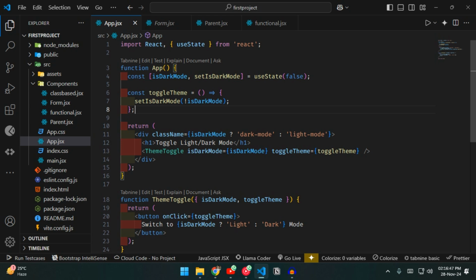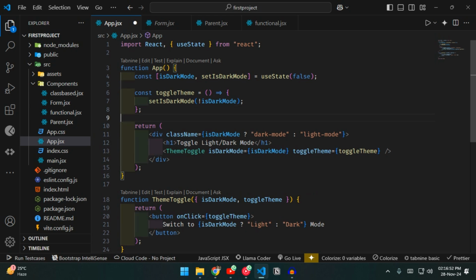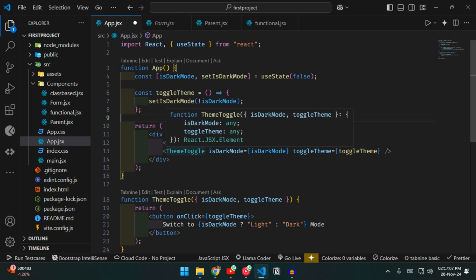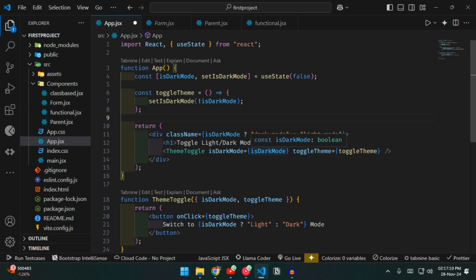Here is some HTML or JSX, whatever you want to call it. In this I am changing the class name based on dark mode or light mode. And here I'm calling the toggleTheme function on a button that will change the theme. It takes the current state, light or dark, meaning true or false, and it is taking that function to toggle the theme.